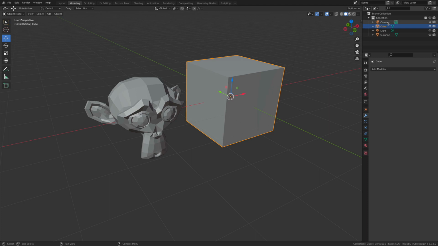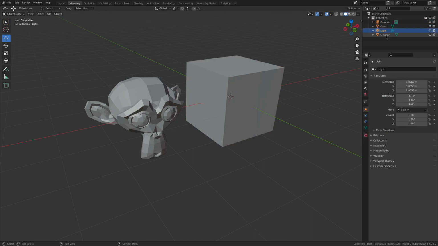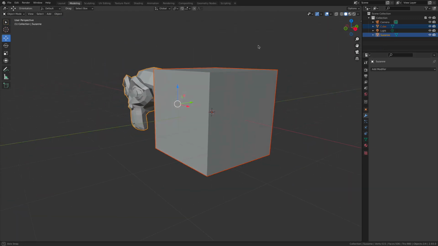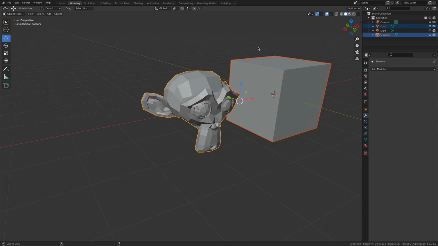Now, if you want to select multiple objects in the outliner, you can't hold the shift key. Well, you can, but that's going to do what's called a gang select. See how I grab the cube, and then Suzanne is down here at the bottom? Well, if I hold down the shift key and click on Suzanne, it's going to select everything between the first and the last click inside of my selection, which is going to include the light, which I don't necessarily want in this particular situation. If you'd like, in the outliner, just use the control key on your keyboard, and then you can select multiple objects in the outliner that way as well, which is pretty cool.